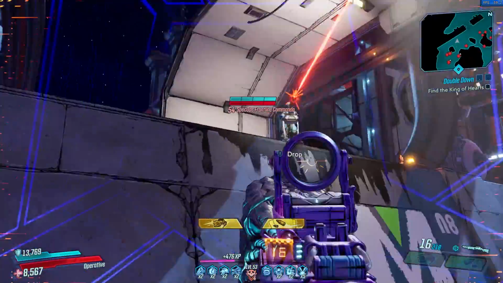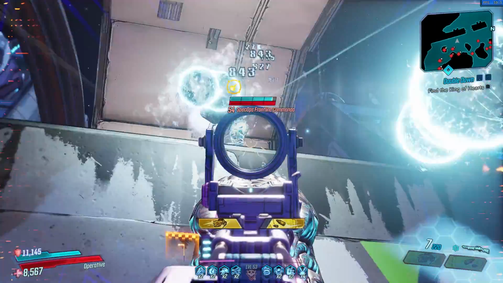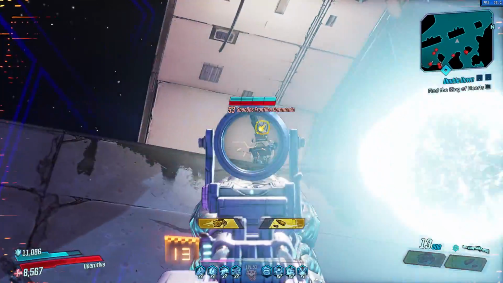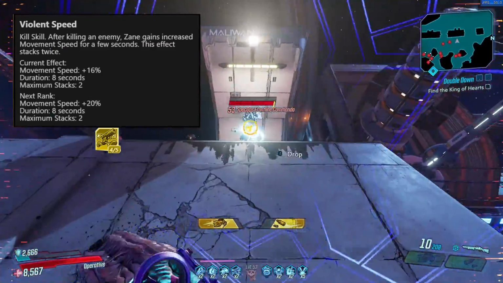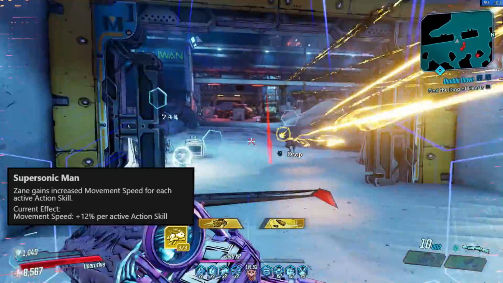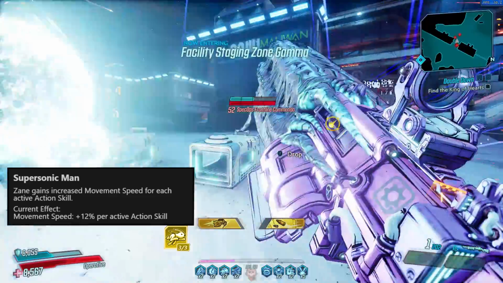First of all, you will boost your gun damage by 20% at just normal walk speed from 5 points in Violent Momentum, but quite honestly, you will never ever be at just normal walk speed while using this build. The reason for that is the combination of 4 points into the kill skill Violent Speed and 3 points from Supersonic Man alone will increase your movement speed by 12% per active action skill, obviously making it 24% when activating